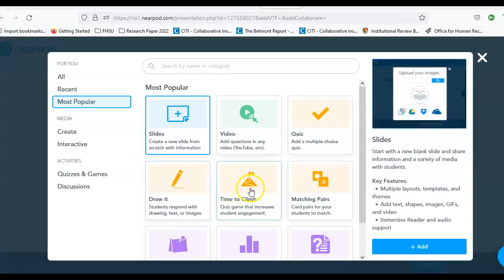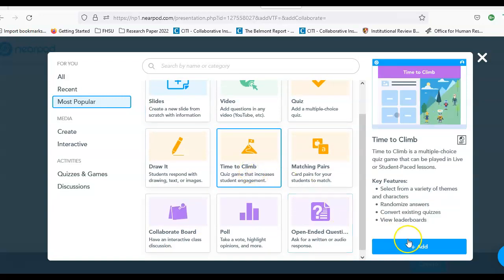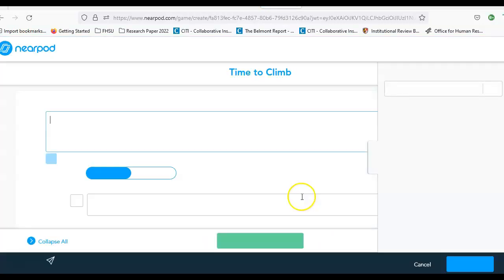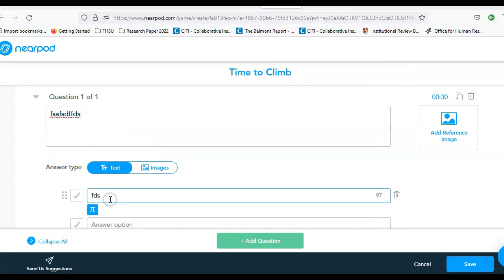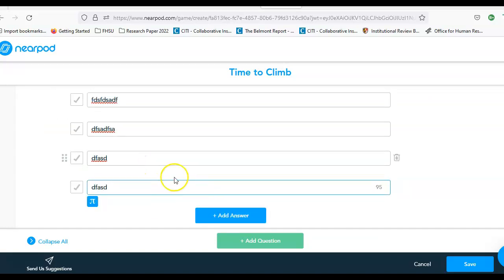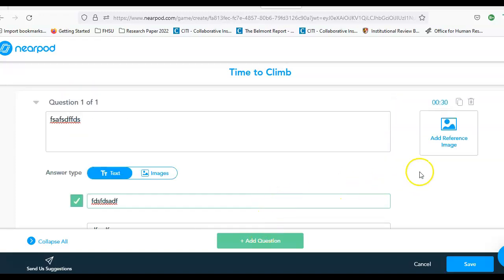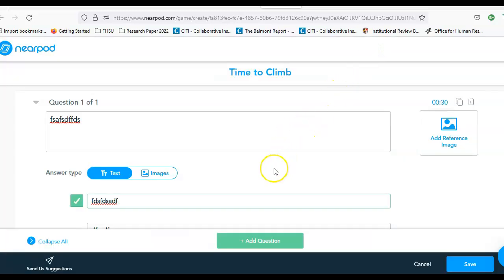And once again, those all pop up. I can use, like I said, Time to Climb is what I used. Click that and then click add. And you can type in your questions there, type in your answers. You can add as many answers as you want. Tab, and then mark the one that is correct. And over here you can add a reference image,